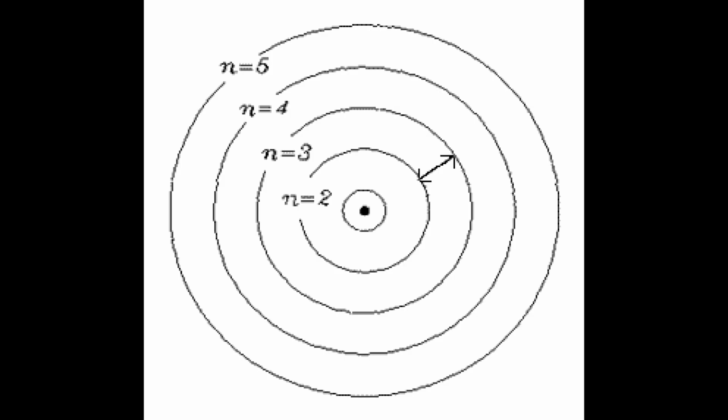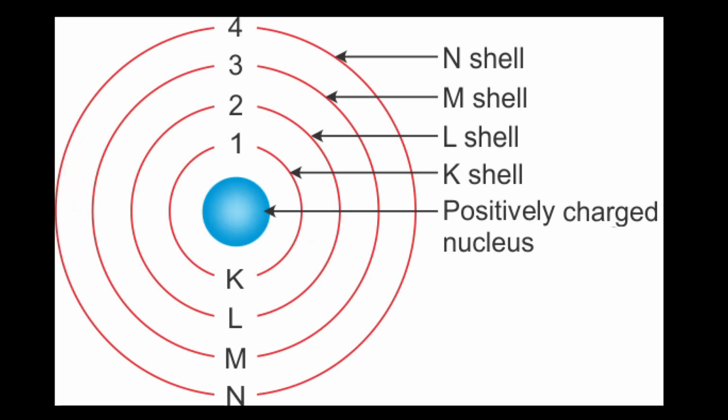These energy levels are represented by the principal quantum number, that is n, which contains only integral values, that is 1, 2, 3, etc. These shells are also represented by the letters K, L, M, N, etc. The first shell is K, the second shell is L, the third shell is M, and the